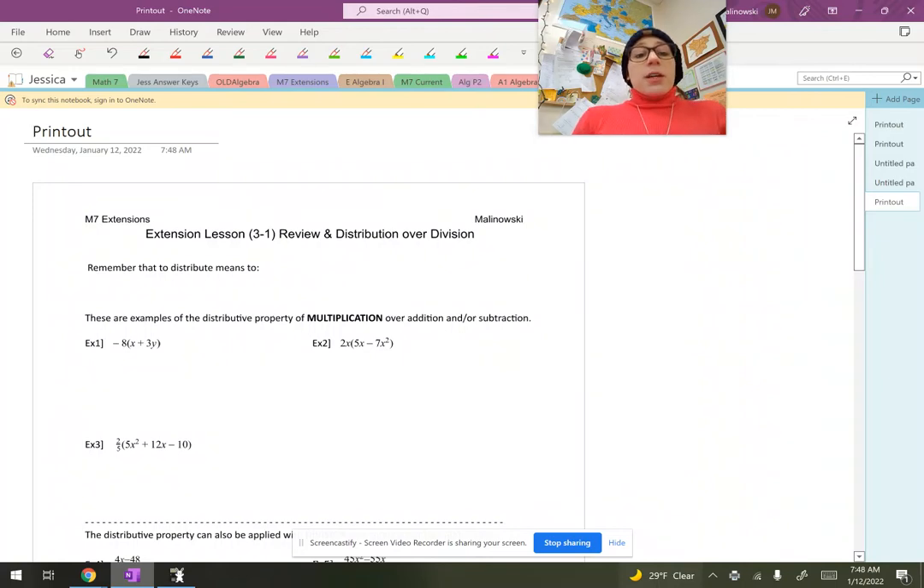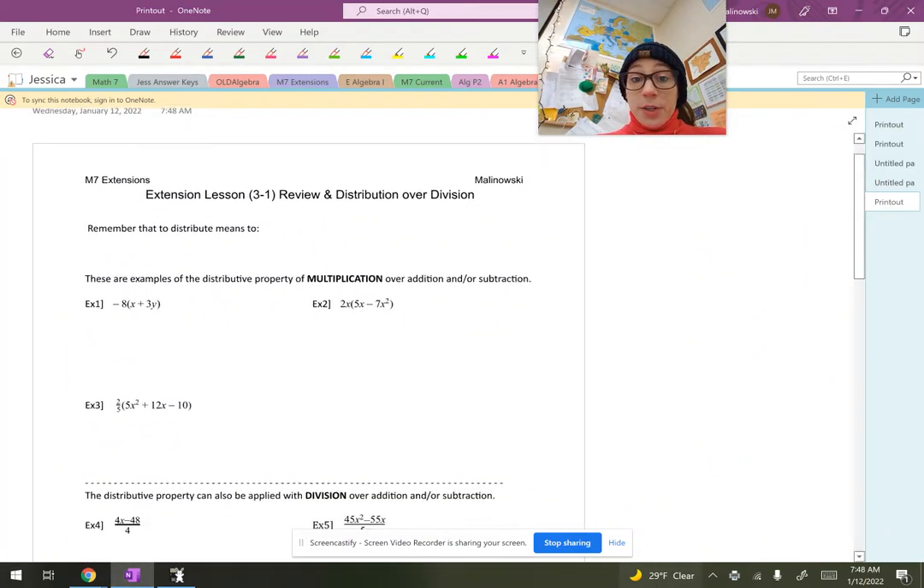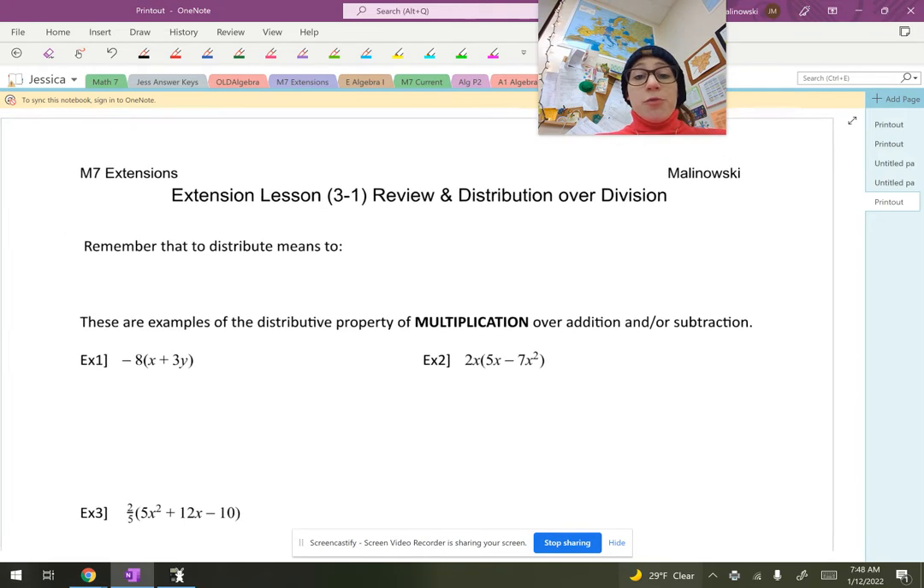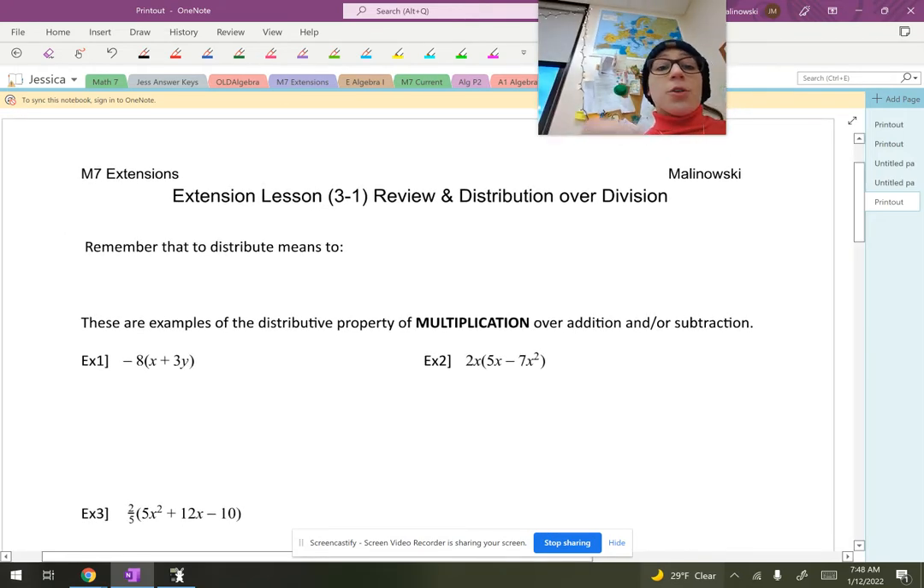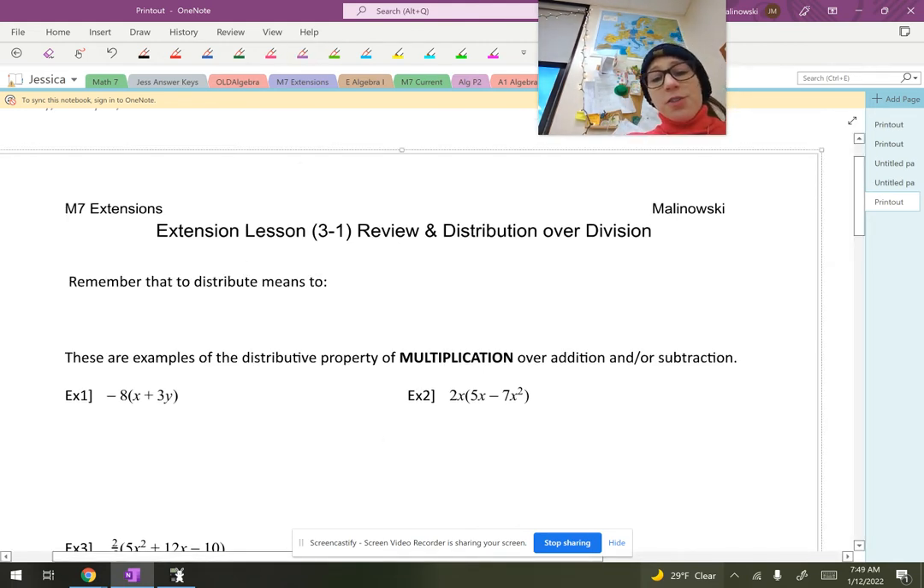Okay, so here we're taking a look at our first extension lesson for Unit 3. This is going to be a little bit of a review of distribution, and it's going to be looking at distribution over division. So remember that to distribute means that you're going to,